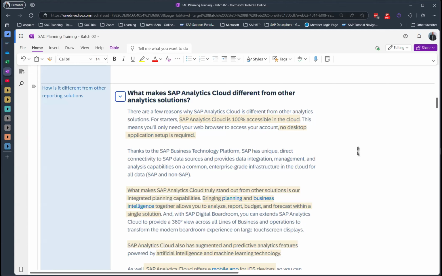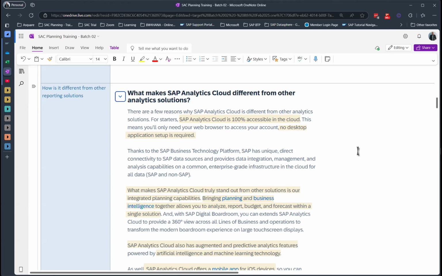Whereas you cannot do the same from third-party tools based on SAP. There is functionality like live reporting, but it is limited. Your hierarchies will not work in live reporting if you're using Power BI based on SAP. Your authorizations and privileges will have issues. You will have integration problems. But SAC has great integration and live reporting capability if the source system is an SAP source system like S/4HANA, BW/4HANA, HANA Cloud, and so on. So it has great integration with SAP software. That is another strong point which goes in favor of SAC.